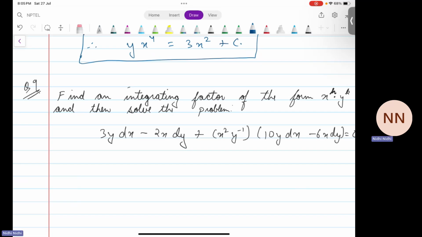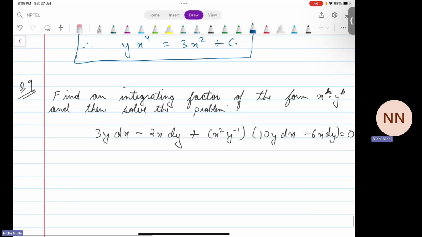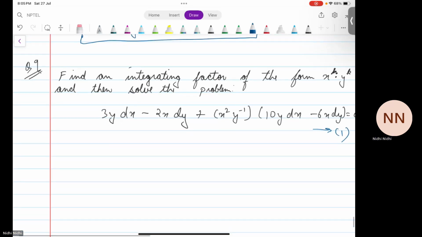So we'll find a function of the form x to the power h y to the power k, basically some power of x times some power of y, so that if we multiply that function with equation 1, it turns out to be an exact equation. So firstly, let's